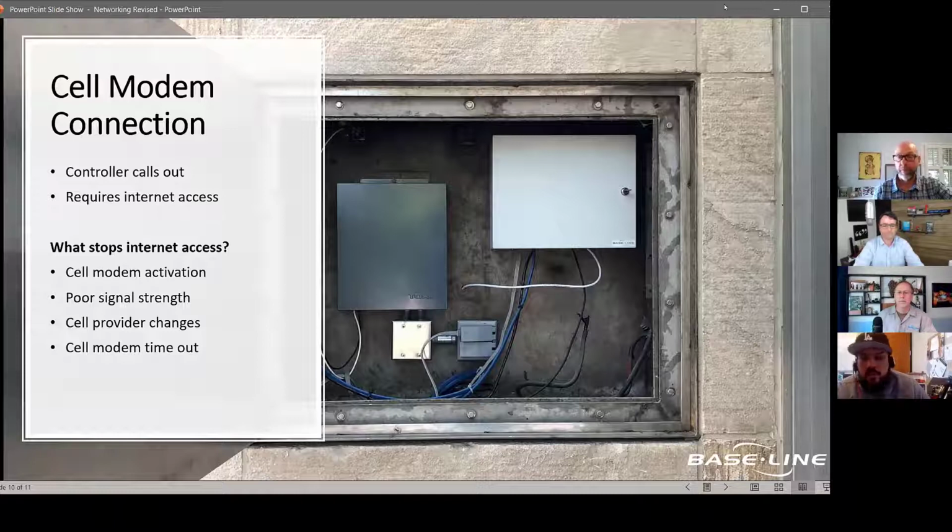The cell modem's either not connecting to a tower or it's got very poor signal, and we just have to isolate between both of those, and then we can figure out why it's not connecting or get it to connect. Okay. Now, obviously you can't tell what the cell modem lights are remotely. You're going to have to go out to the controller, to the cabinet, and open it up and take a look at it. Correct. Anytime we have a controller offline, we do have to have someone be physically at the